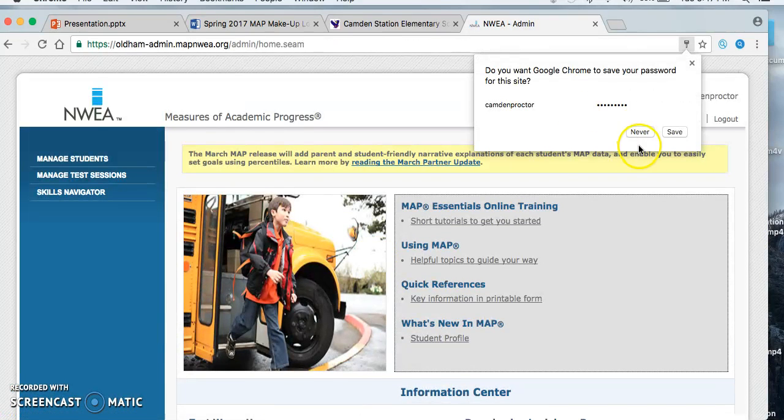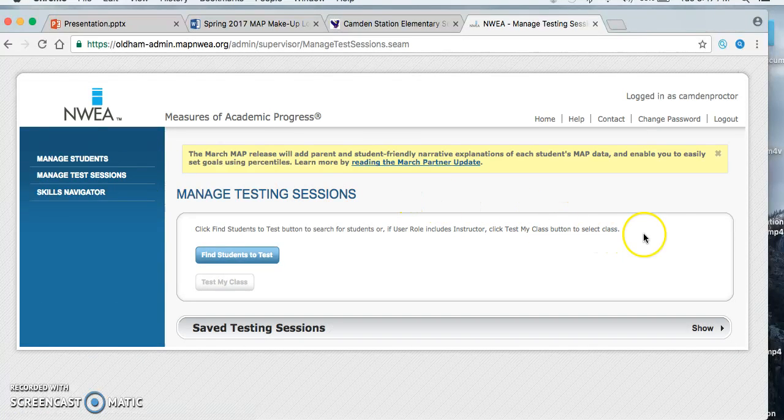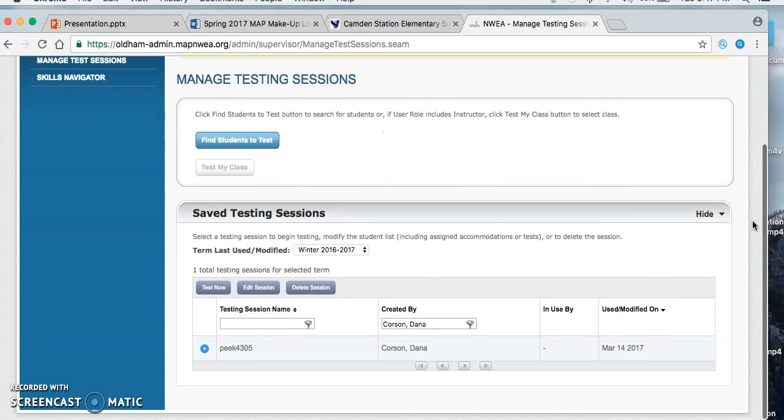Once logged in, you will find a tab over here on the left called Manage Test Sessions. When you click here, you will need to be sure you click this show button. That's very important because it helps you to find the testing sessions that Ms. Corson has already created. When you click show, you will be able to scroll down and find the testing session